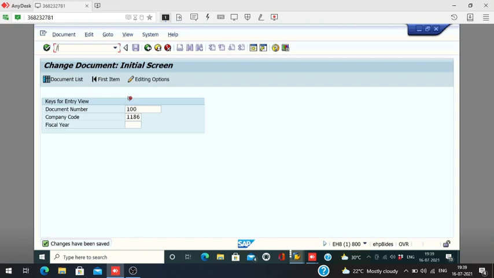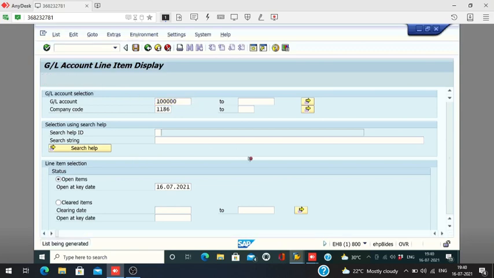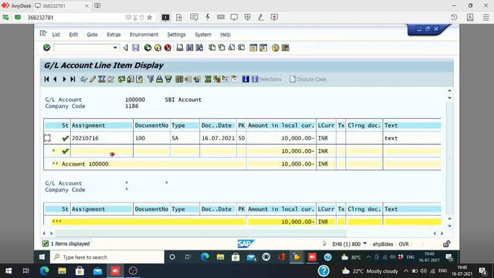You can see the report now. FBL3N. Okay, now this is the GL account, bank GL account I'm picking. Okay, execute. See, we have ticked the line item display, means this line item is showing here. Okay, if not doesn't tick that, the line item will be show like different way. Now it is showing correctly. The line item is showing now. This is the one entry. Your bank account having one entry.